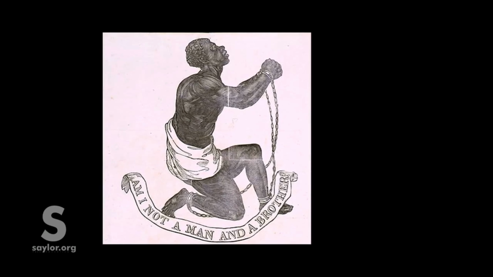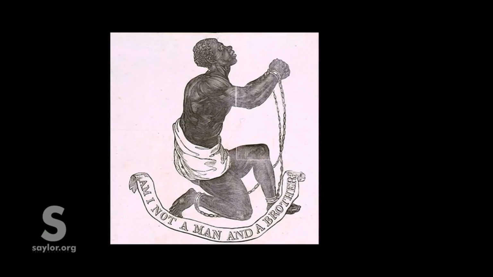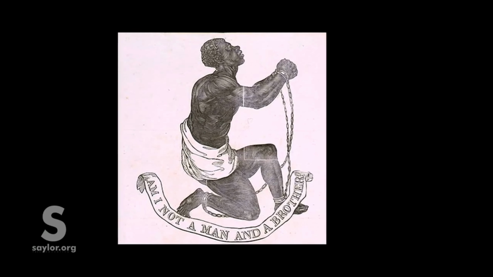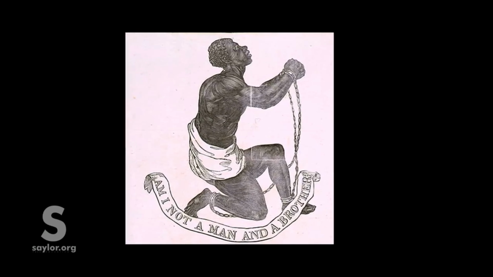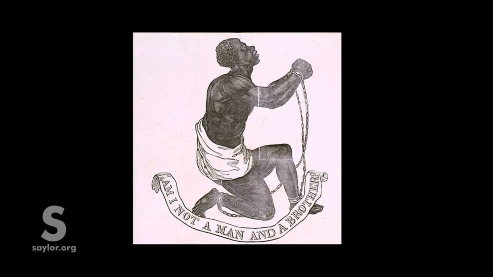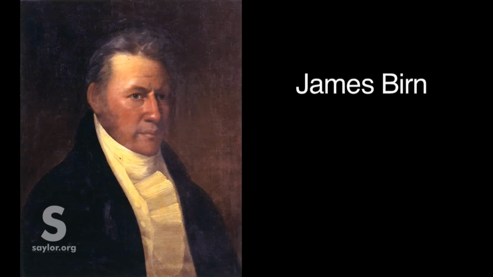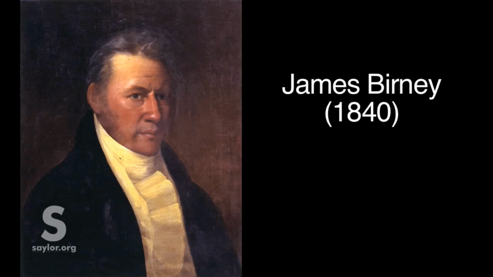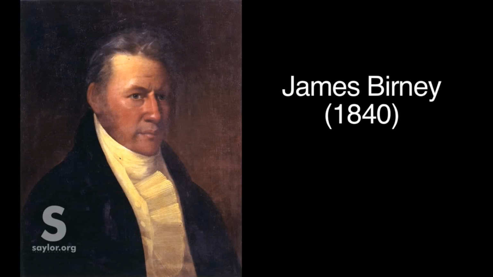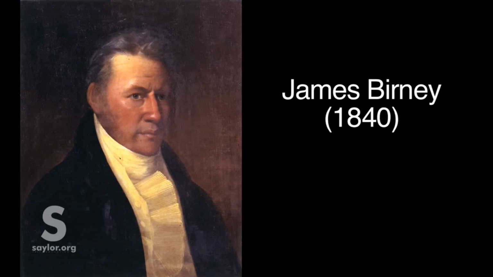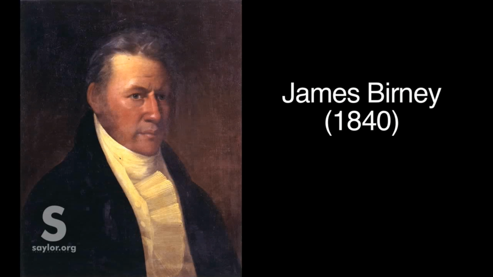Now, not all abolitionists were on the same page. Some abolitionists believed that they ought to work within the political system, work through the government to push for the abolition of slavery. One such man was James Birney, and like-minded people. In 1840, they decided that they were going to organize a political party whose goal was to work for the abolition of slavery. So in 1840, delegates from around the North met in Albany, New York,